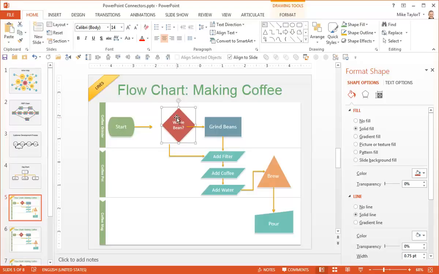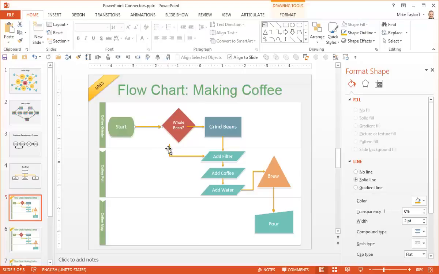You see, I move that and now it's disconnected, and I've got to go back. I've got to grab this arrow, take this elbow point and move it over. It's not wanting to go in the right place. And so it's just a really messy way to do anything where you're using these kinds of lines to connect